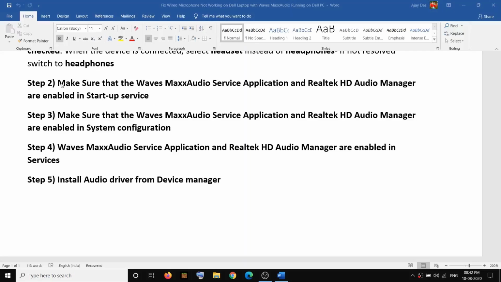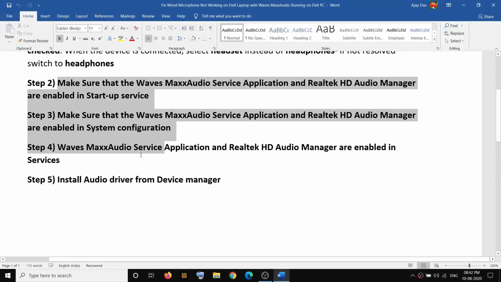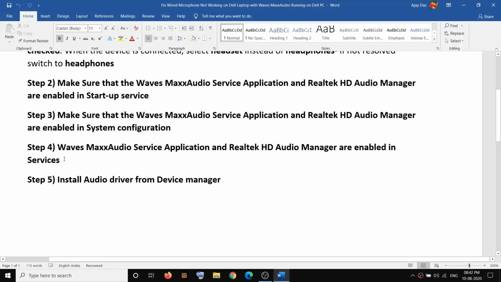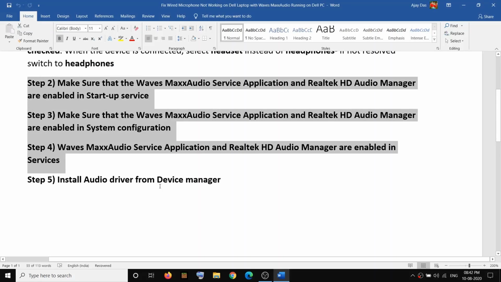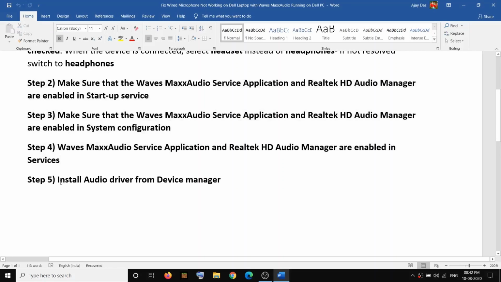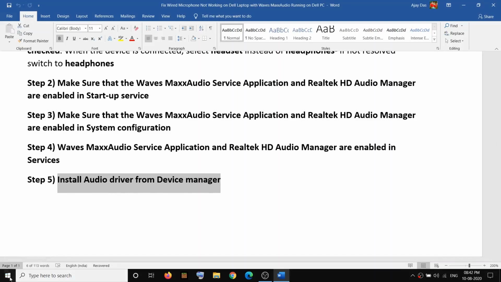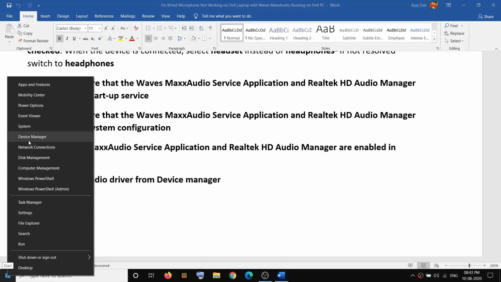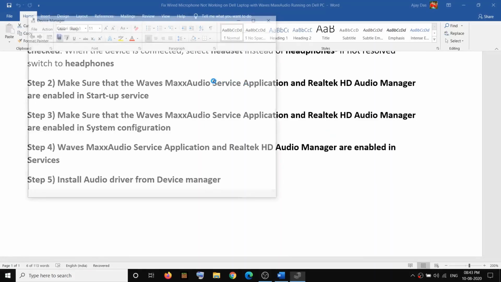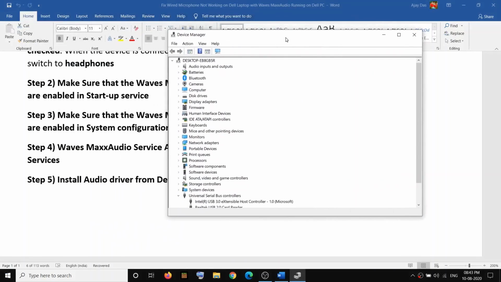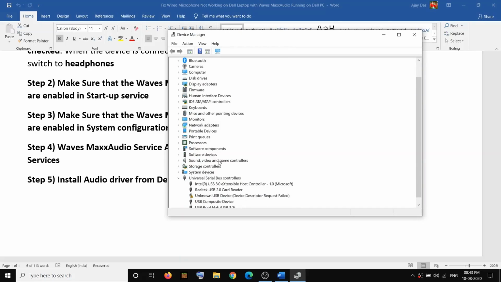And once everything is enabled, restart your computer, and then check your microphone. Now if it's still not working, then install the audio driver from device manager. So make a right click on the start menu, then click on device manager, then go to sound, video and game controllers, expand this, and then select your Realtek.